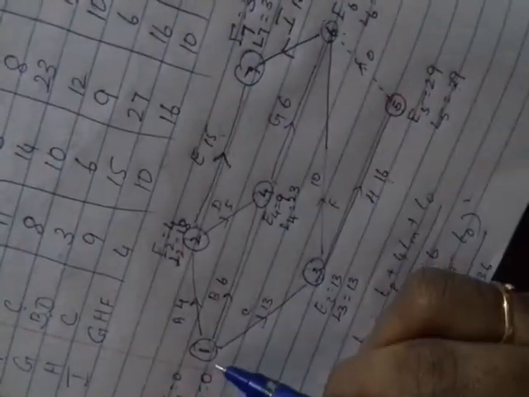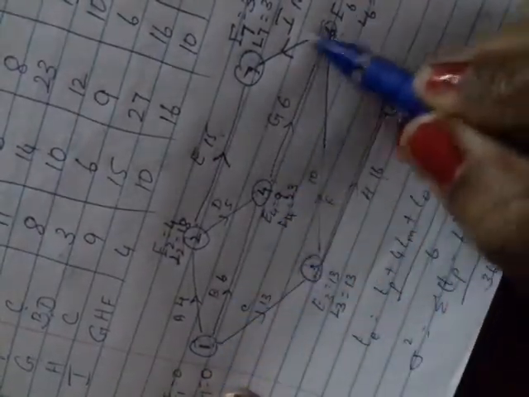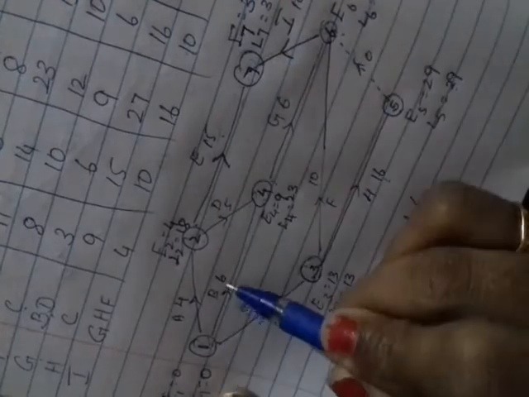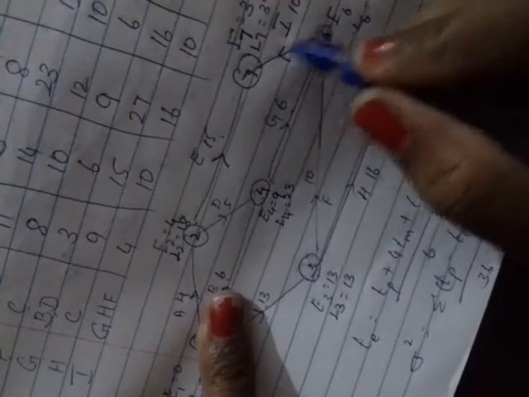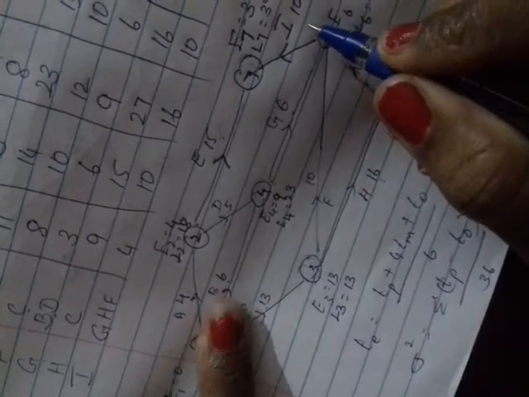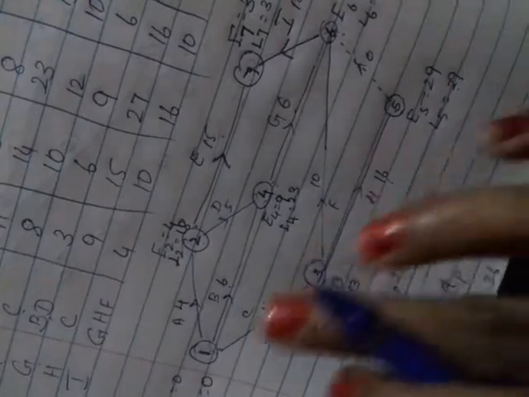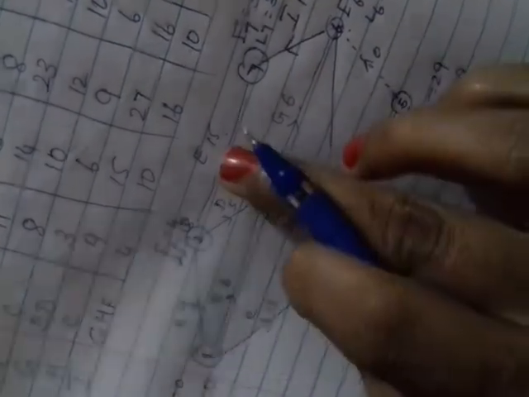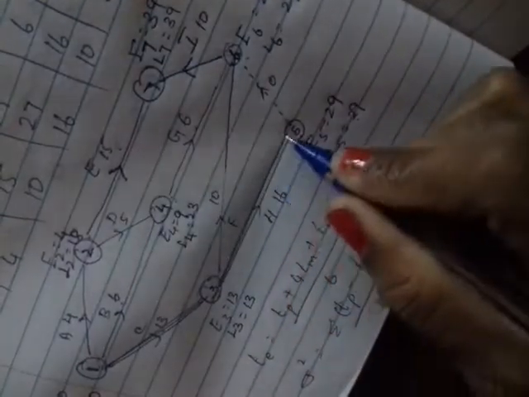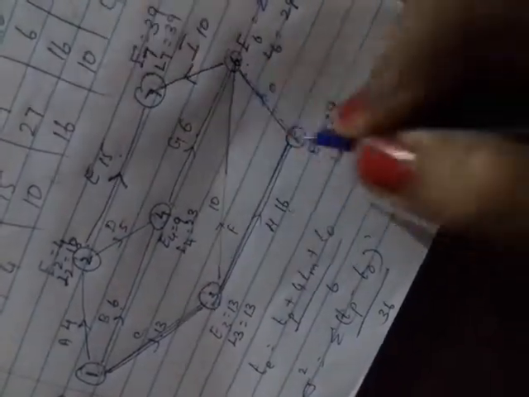Other values, I will show you an example. If I take this path, 0 plus 6, 6, 6 plus 6, 12, 12 plus 10, 22. So this is not the longest path. If you go this way, 14, 14 plus 4 plus 15, so 4 plus 15 is 19. That is also not a longer path. So the longer path is this one. I'll put the double line. So the double line is your critical path.